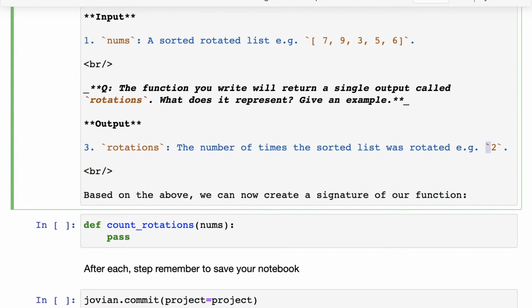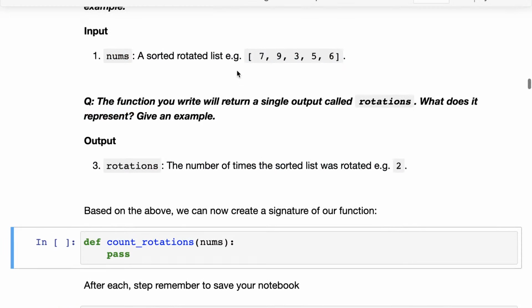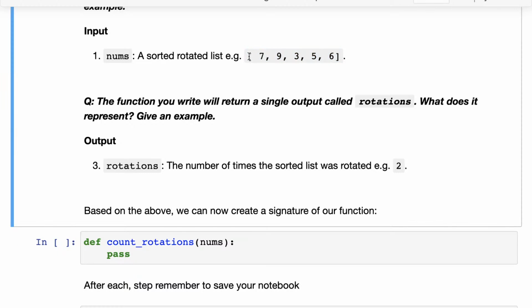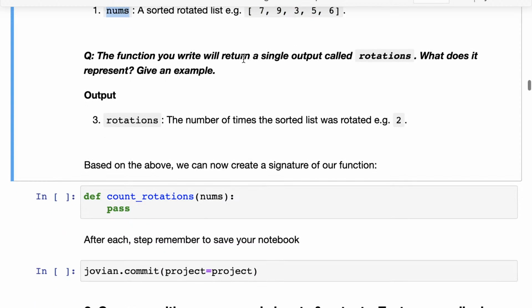Now you can see these back quotes that I'm using here. This is next to the number 1 on your keyboard or below the escape key. What these back quotes let you do is they let you express text as code within Markdown. You can see that they have a gray background and they have a different font. This looks a lot more like code. Same is true here for nums. So you can use Markdown and its features to your advantage to organize your descriptions and your text better.